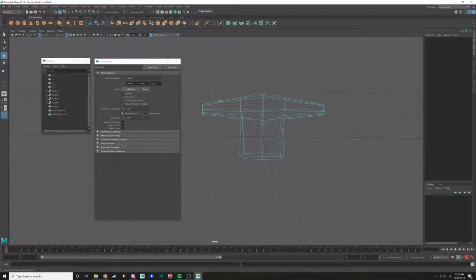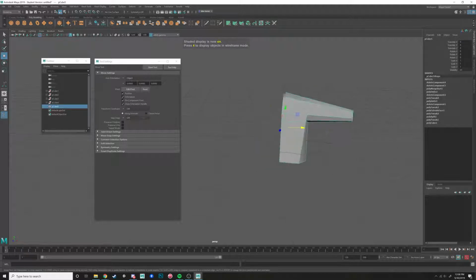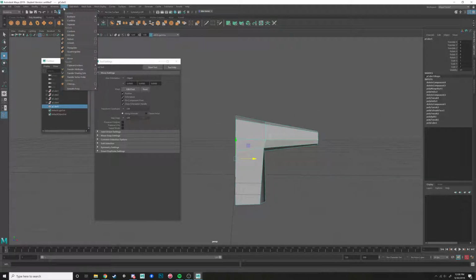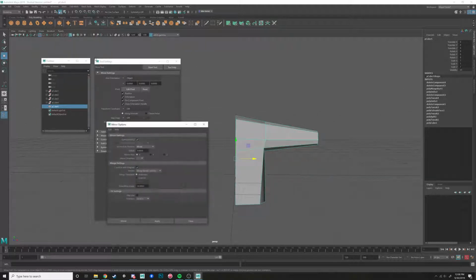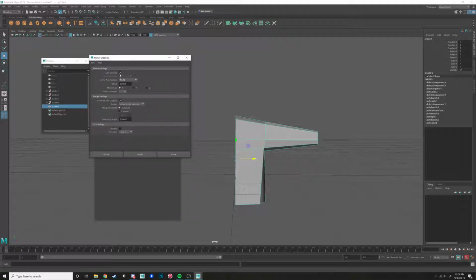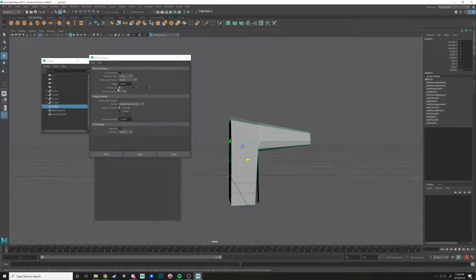Mirroring another way is, if I delete half this object, completely delete it, and I select my object. In Mesh, there's a mirror tool, so I'm going to open that up. I've never found a use for this cut geometry tool. I suspect it has something to do with if you already have a mesh that's complete but still a little bit asymmetrical, it would cut it in half and then mirror it. But for now, since we already cut it in half ourselves manually, we can just select mirror axis and then